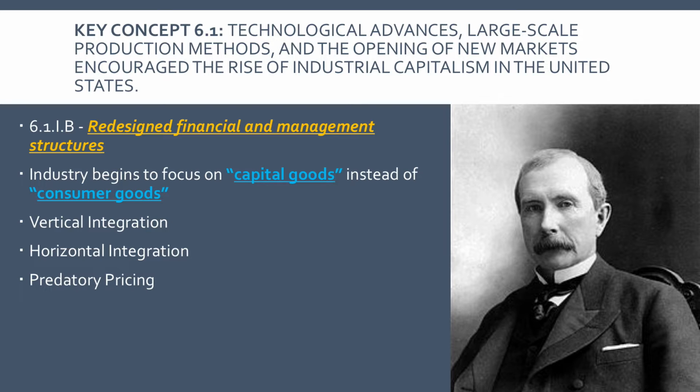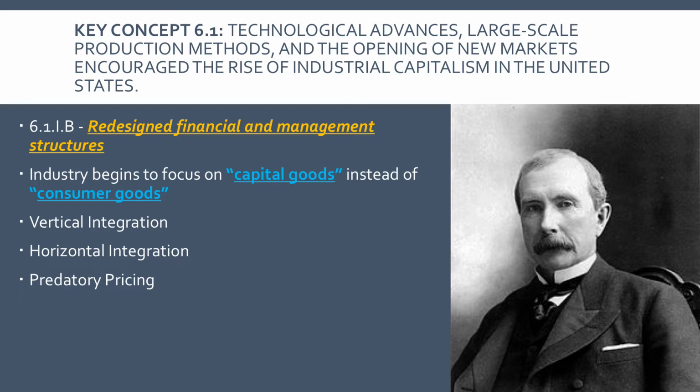By controlling the oil in America, he became mega part of the 1%. And even less than that, he is so mega rich. Andrew Carnegie will focus on steel, a capital good used to make other products, right? That's what made these men true titans of industry. And they created new management structures.